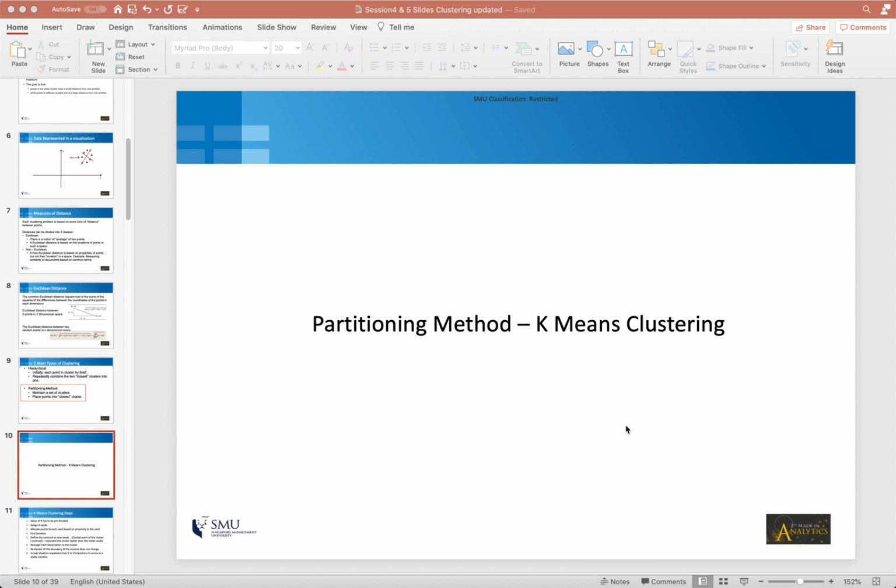So let's talk about k-means clustering, which is an example of the partitioning method. This is the algorithm that we will be focusing on in this course, and we'll do a lot of examples and case studies. That will give you a very good understanding of the requirements on the input data, what aspects of the output indicate that it's a good output, and what you should do to iterate and change and make that output better. So let's continue.